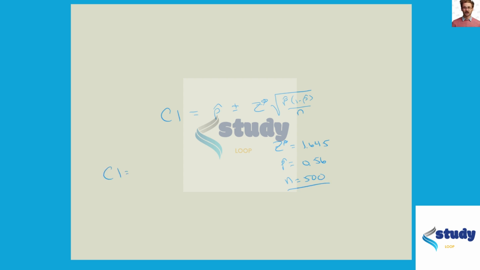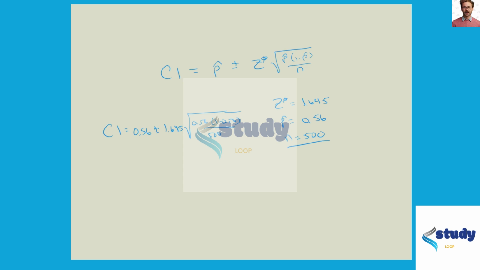So the confidence interval would be the sample proportion plus or minus the critical z times the square root of the proportion times 1 minus the proportion over the sample size, which again I'm demonstrating with a sample size of 500. The lower boundary is found by subtracting: 0.56 minus 1.645 times the square root of 0.56 times 1 minus 0.56 over the sample size, again 500. I'll go to 4 places,